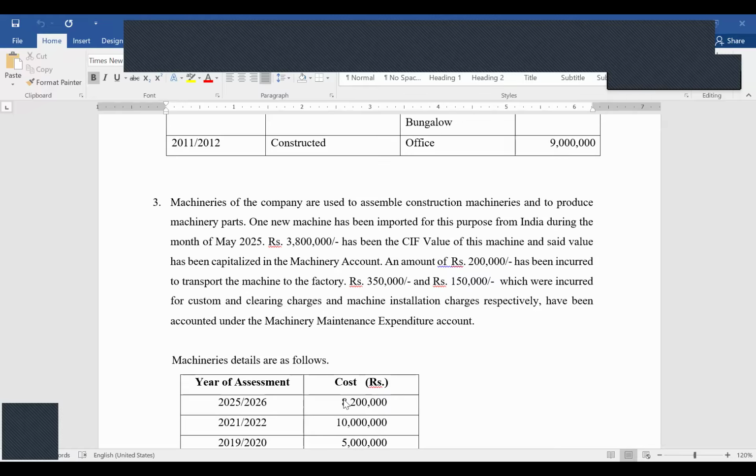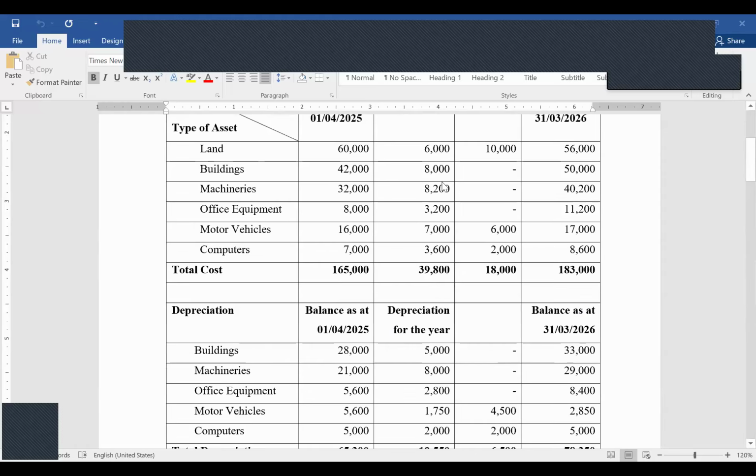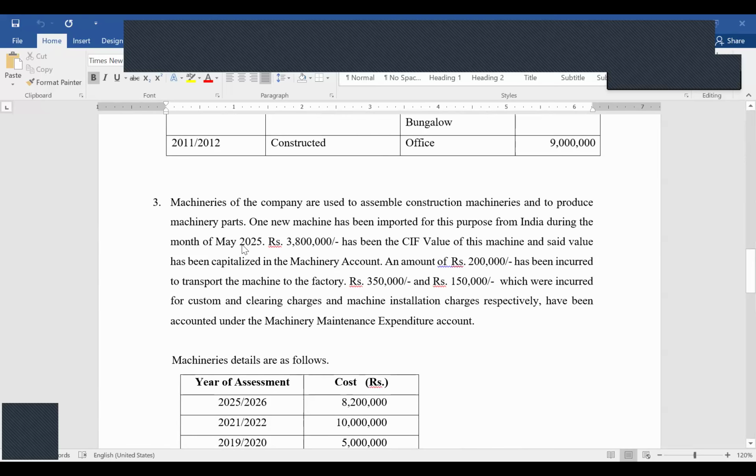That means this 8.2 million includes the new machine imported from India, but only this value, 3.8 million, is included here. Then the balance is purchased during this period, maybe locally. It is not mentioned, so we can make an assumption. So 8.2 million is the purchased value during this period. Within this 8.2 million, they have capitalized the 3.8 million machine